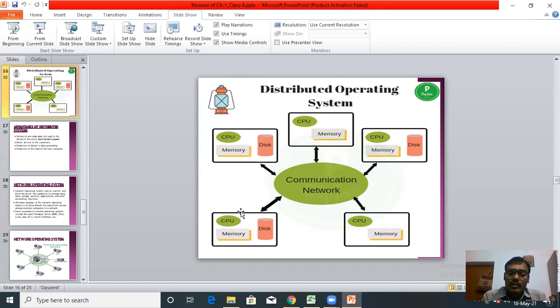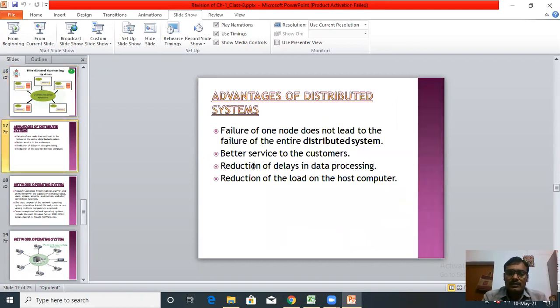The entire work of that particular CPU will be transferred to another CPU. So there is no chance of failure of the work. Failure of one node does not lead to the failure of the entire distributed system.